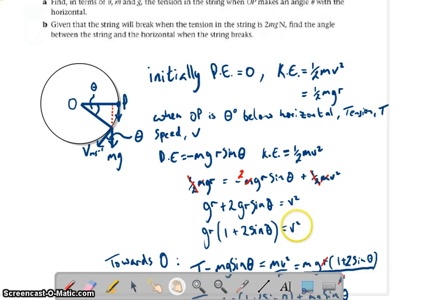And this value for v squared we're going to use to find the centripetal acceleration, or the centripetal force, rather. So the centripetal force is going to have an effect on the tension. So, the idea: drops in height, gains kinetic energy, increases in speed, increases in centripetal force. So,